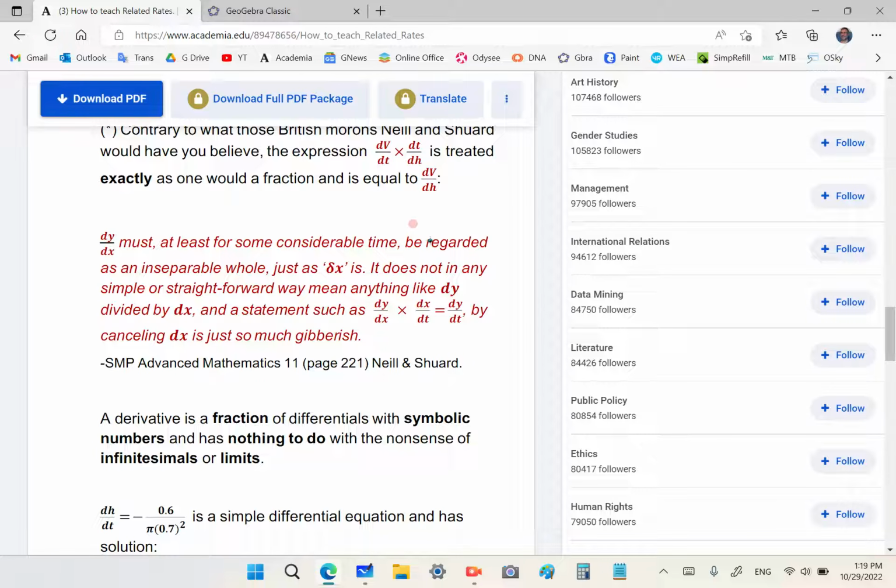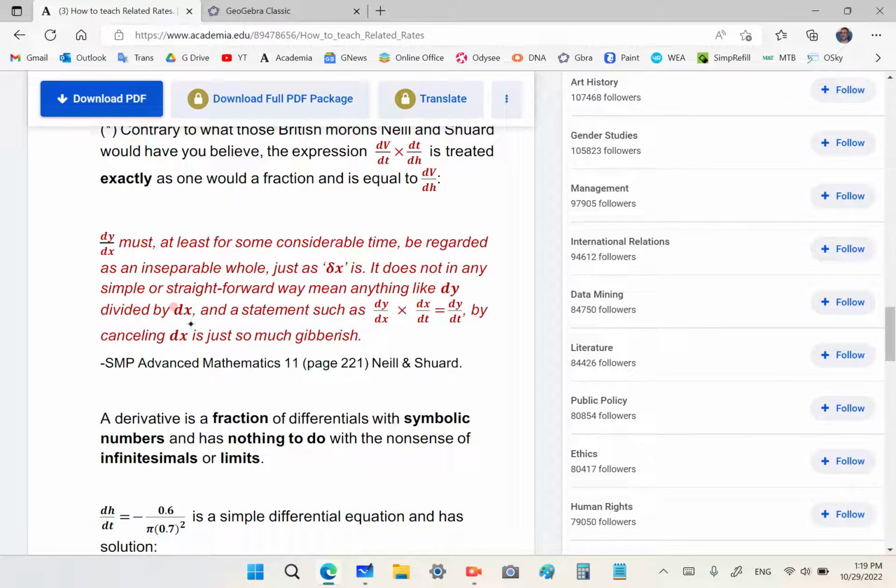Now, you'll recall that according to one of the books these fools wrote, they said dy dx must at least for some considerable time be regarded as an inseparable whole. I wonder how much time that is. You know, it's so ridiculous. Is it 1 second? Is it 2 seconds? Is it 1000 milliseconds? It's absolute garbage, just as delta x is,